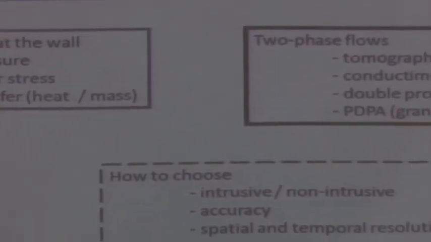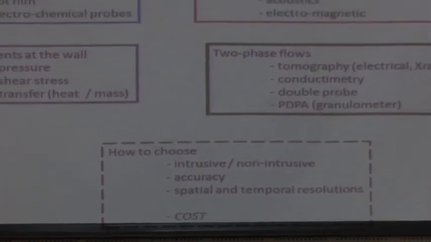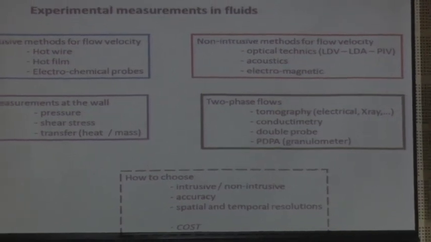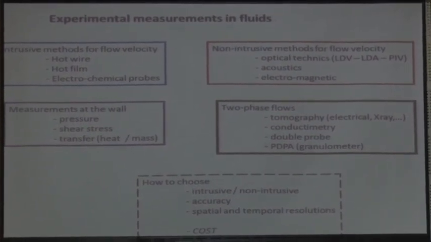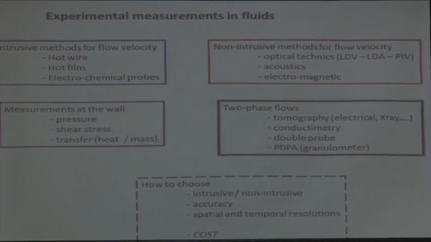You have a list here, and you can find a lot of information on Google, but also keep in mind that doing experiments is very difficult. You have to validate your system, you have to calibrate your system, you have to be sure that the quantity you measure is really significant, so that there's no mismatch between what you expect and what you measure. And also, making measurements is useless if you don't know what to do with them. So you need a background in statistics and physical analysis to take the added value from the experiments or from the CFD, to understand the physics and modeling better and try to answer some industrial questions.